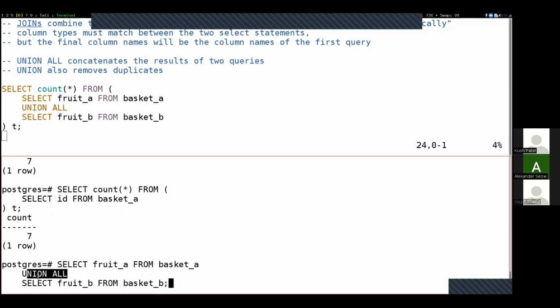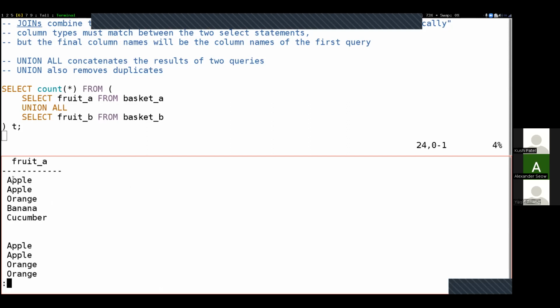What the union all operation is going to do is it just concatenates the results of these two select statements, takes the output of this and puts it at the top, and then takes this and puts it at the bottom. Hit enter. You can see here's apple, apple, orange, banana, cucumber, everything from the top, and then everything from